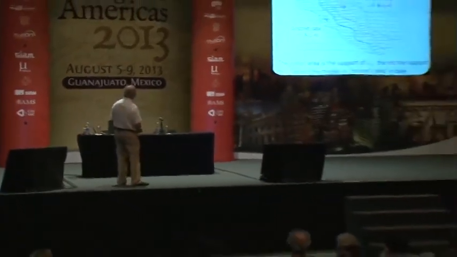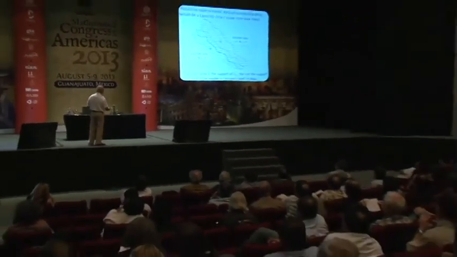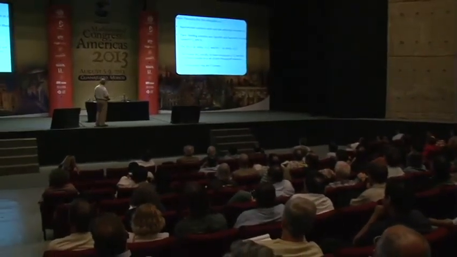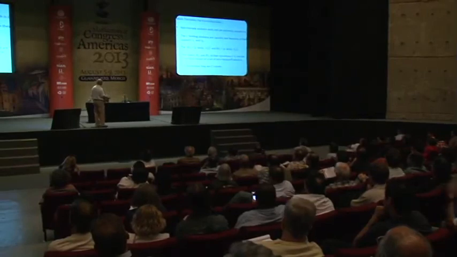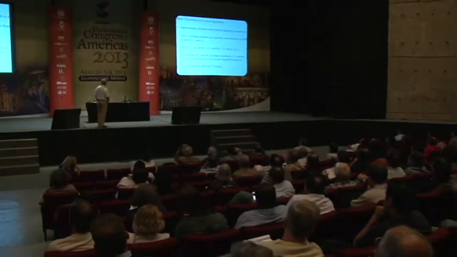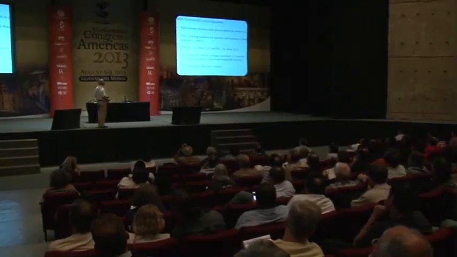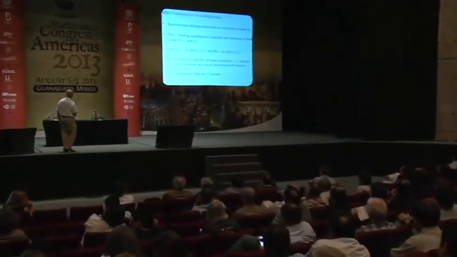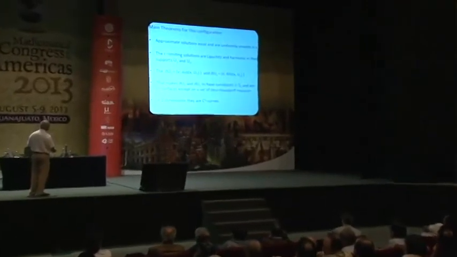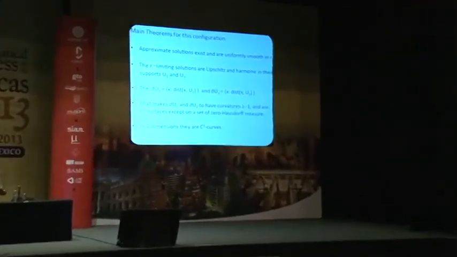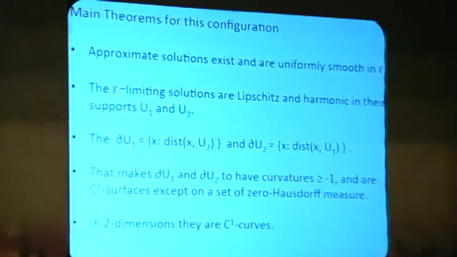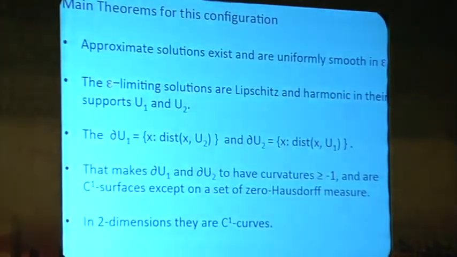Okay, so this is the picture we would like to see, right? And so the main theorems are that the approximating solutions exist, and for the limiting solutions, again, you have to prove that they are Lipschitz and harmonic in their supports, right? And as I said, that they have these optimal configurations where each one is exactly the level surface to the distance function to the